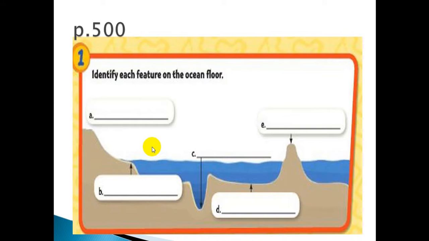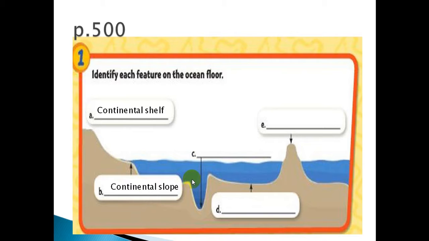Okay, so let's answer the question in page 500. We have here the diagram that shows the features of the ocean floor. As we know, the first part of the ocean floor, this part which gradually slopes, is called, yes, continental shelf. After the continental shelf, we have the part that slopes steeply, and is called continental slope. And this part, this big part called a basal plain, we will write it here, but let's solve the first